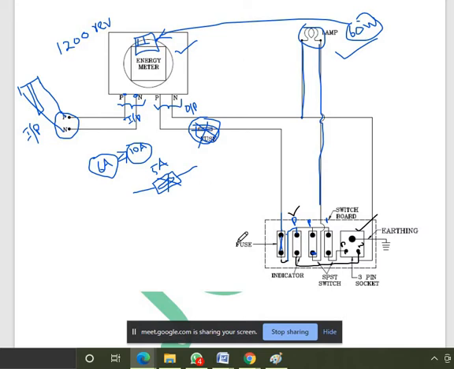Sir, what does the fuse do, sir? The fuse is used to protect the circuit. Whenever any short circuit or any huge voltage comes to our EB line, it will protect it, because without the fuse you can't connect here.